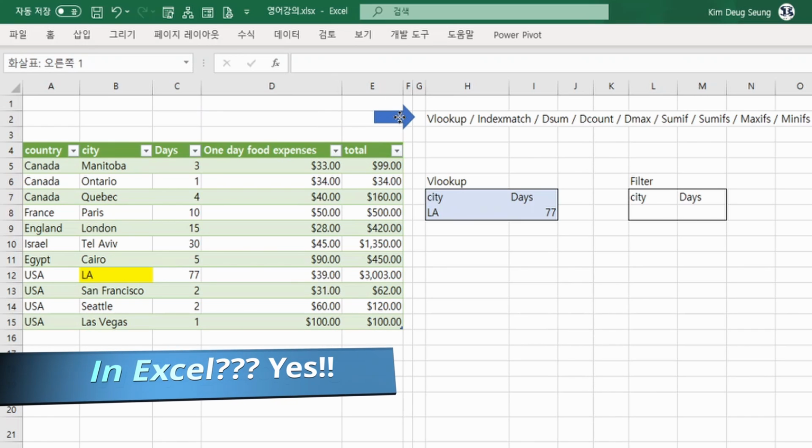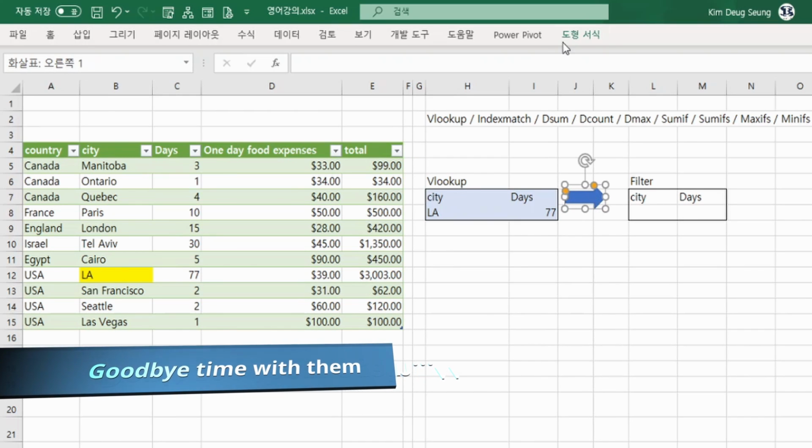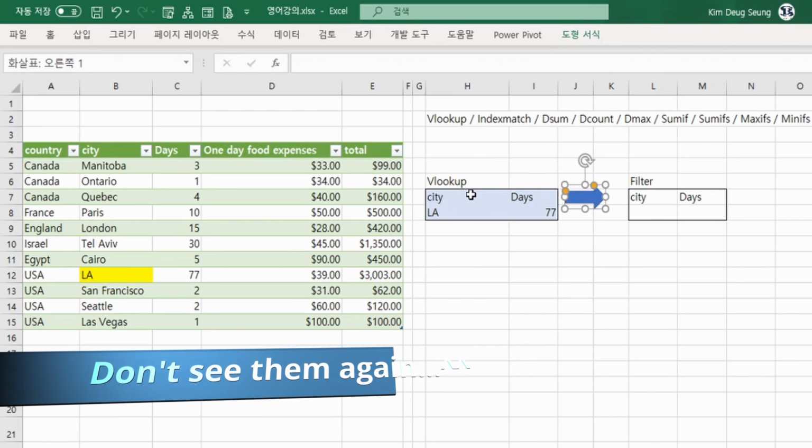VLOOKUP, INDEX MATCH, SUMIFS, COUNTIFS. These are major difficult functions to use. But now you can discard these functions. I mean, just forget them and don't use them again after watching this shortcut video. Let's start with